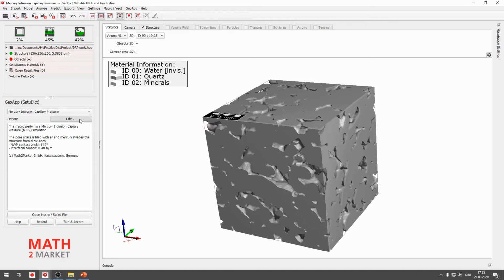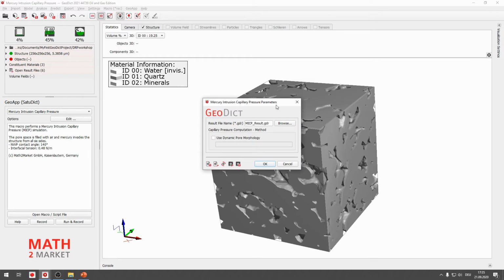And have a look at the options by clicking Edit. You don't have to set anything because everything is preset with default values for a typical digital MICP experiment. So you can change the name if you want to, and you can also see that you may use the dynamic pore morphology method for that one.